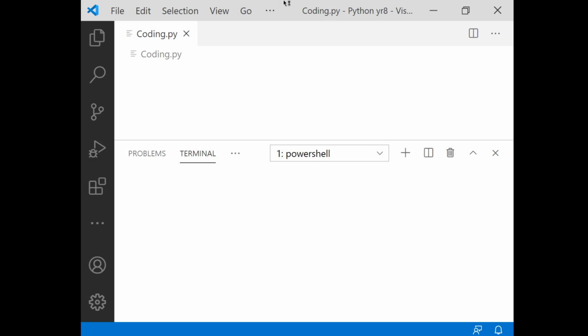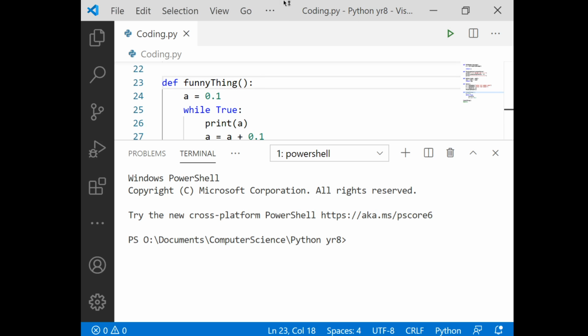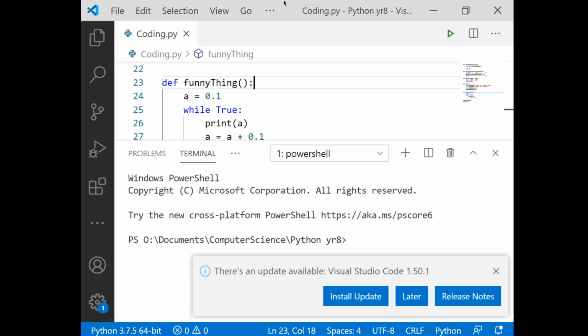Right. The reason that happened while the terminal was on, every time around that loop, that program was having to print to the screen. So it was having to communicate with Windows to do that via Visual Studio Code. Okay. As soon as I killed the terminal, it went, aha, I don't have to print anymore, so I can now go at super speed, which completely tied up. There is, in Windows, a thing called the event loop, which is how you interact with the programs. Okay, so it's got time to respond to updates and things like that.